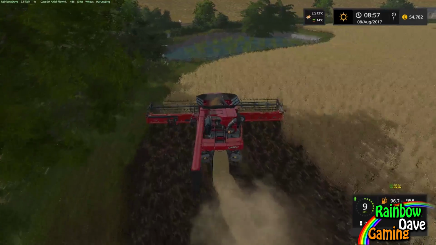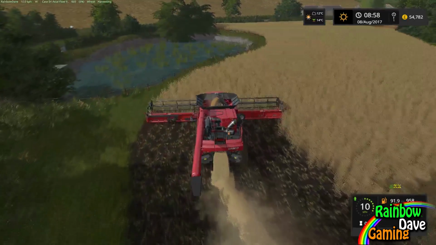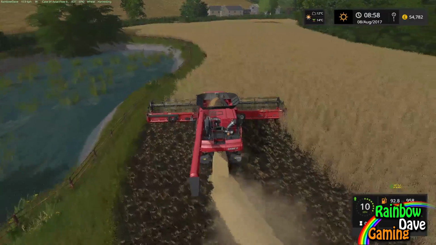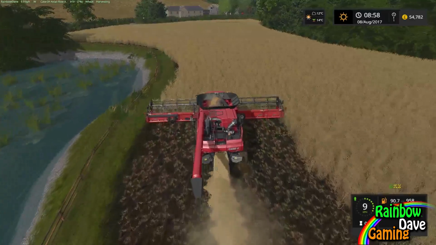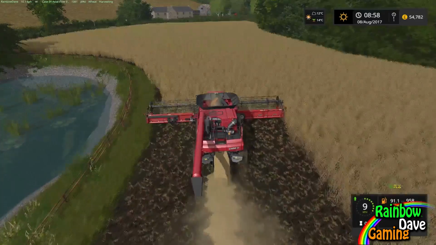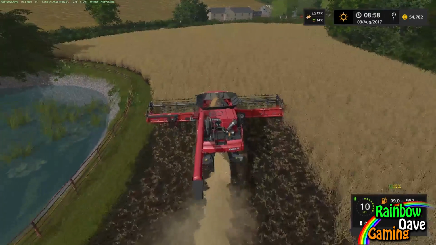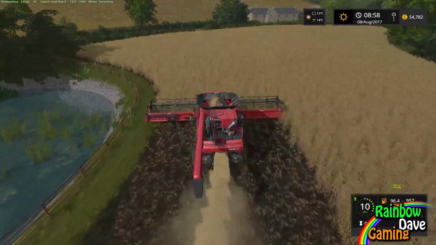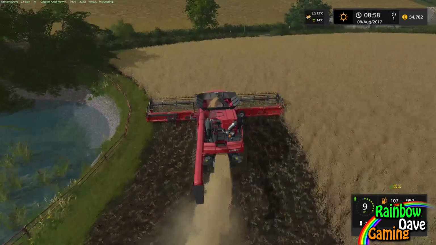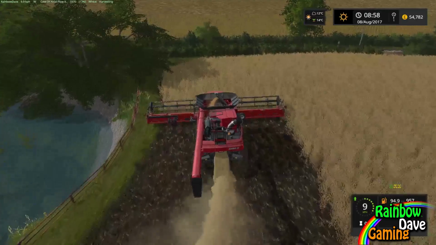Also, every field is going to be seeded in wheat or barley. The reason for that, I want to test straw swaths on every single field on the map. Which I know is probably going above and beyond what I need to test, but it's something I feel I should test. Because swaths or windrows or whatever you want to call them, they could cause issues with the game. And I want to make sure that's not...